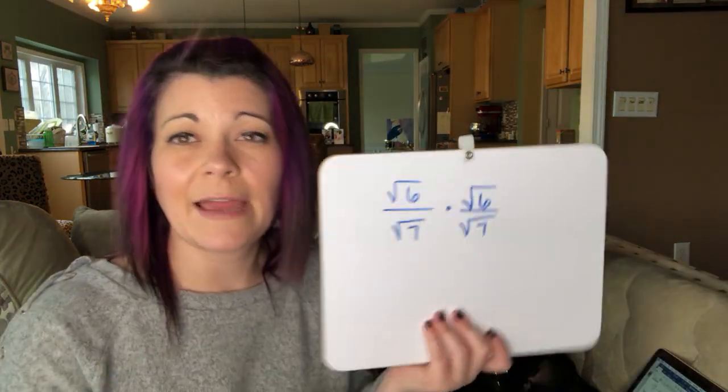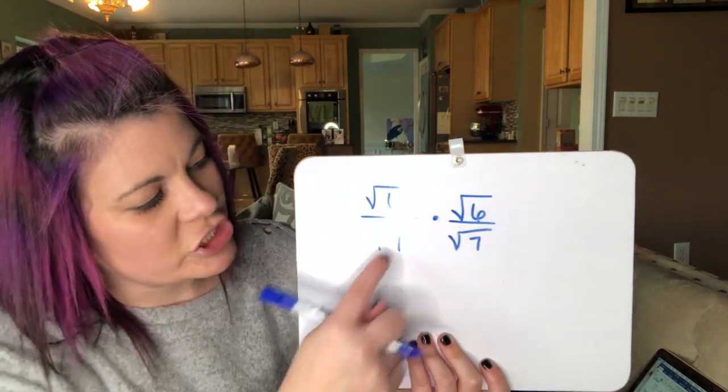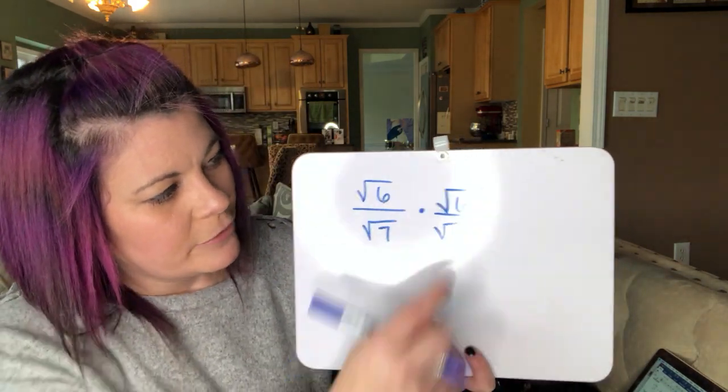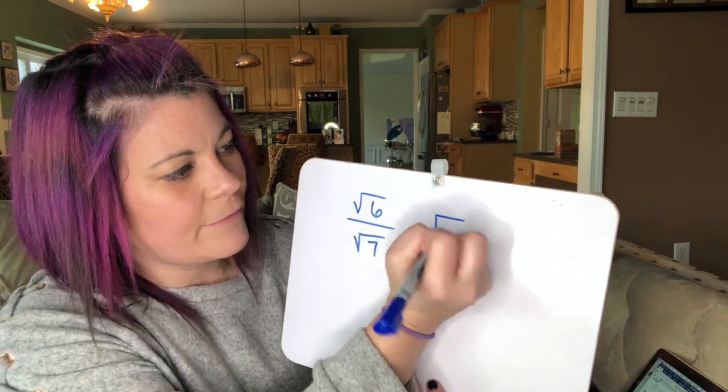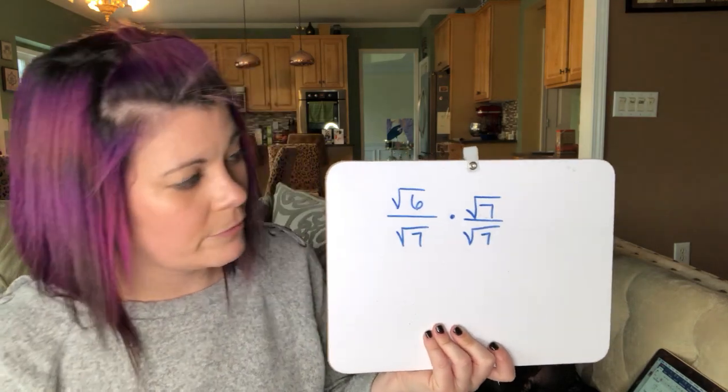So I'm going to multiply it by the square root of 7. But what I do to one, I have to do to the other because I have to continue to make this fraction equal. So I can't just change the bottom and not change the top. So, whoops, this should be 7. So I'm multiplying this by square root of 7, so I'm multiplying the top by square root of 7. And the reason why